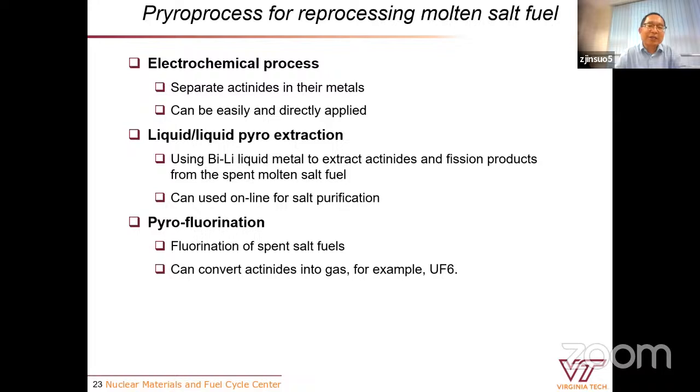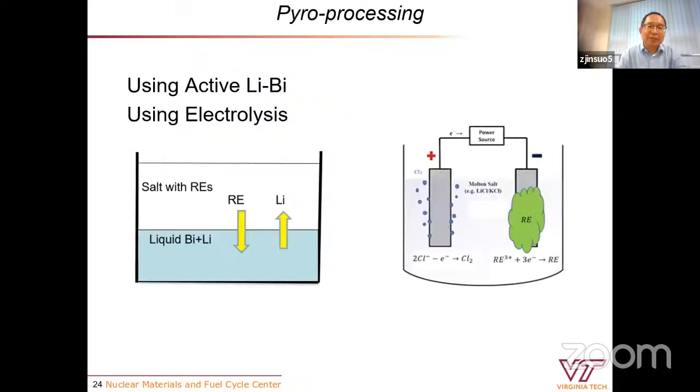So you can do this fluorination. You can convert your actinides into gas, for example UF6, and then you can do your fuel treatment or reprocessing. I'll draw some figures showing how this process works. For example, if you have bismuth and lithium, the rare earths, the fission products, go into the bismuth, and lithium will go into the salt. So then you extract your fission products from your salt, and you can reuse your salt